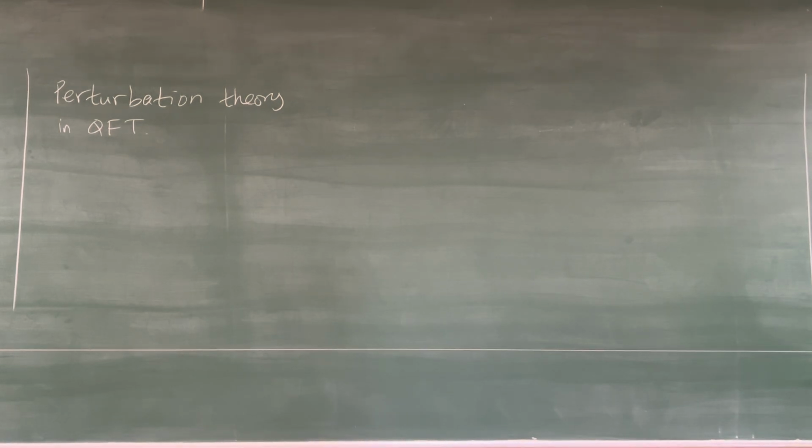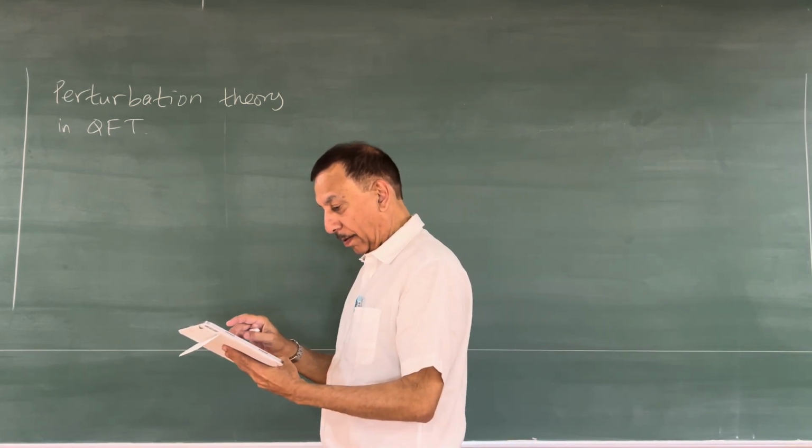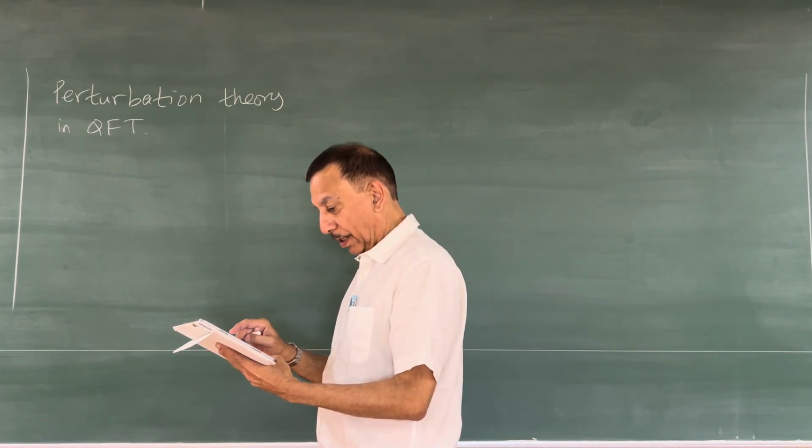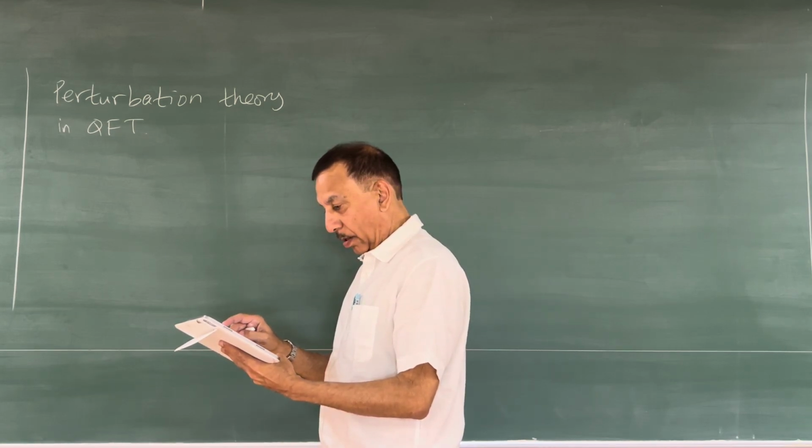So, some time back we derived some formulae under the section perturbation theory for scattering amplitudes, and the key object of interest to us there was the correlation function, which we denote